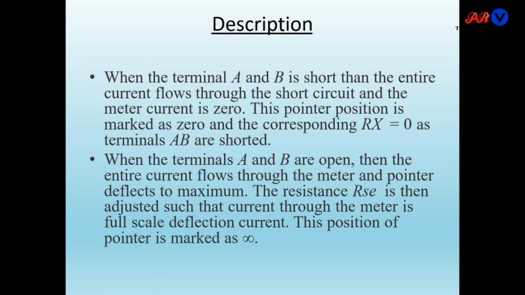So this is the description of the shunt type ohmmeter. So in these slides we studied about DC ammeter, DC voltmeter and ohmmeter circuits, and all these circuits are obtained from PMMC by varying the resistance position with respect to the position of the galvanometer. So these are all the applications of the PMMC. Thanks for watching.